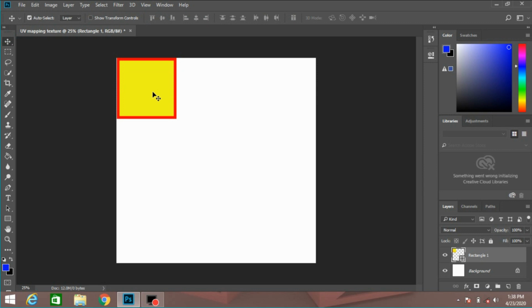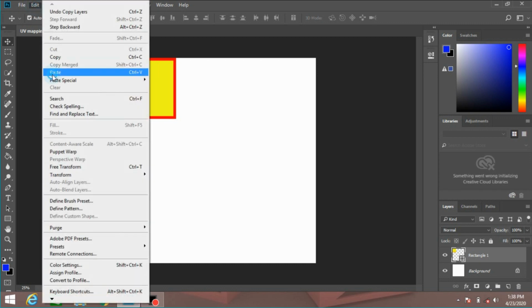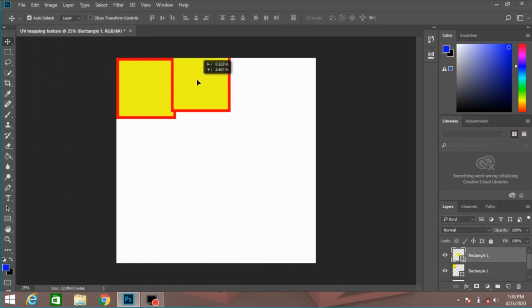Now move tool, select the layer and move it to adjust the corner. Go to Edit, Copy and Edit, Paste, place it here. And again Ctrl V to paste.